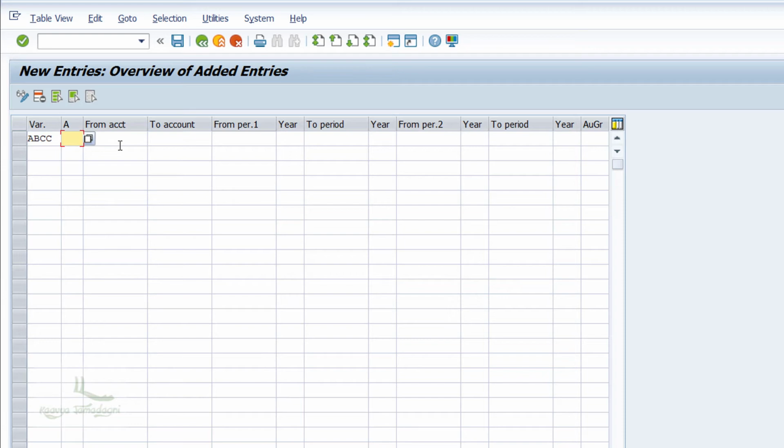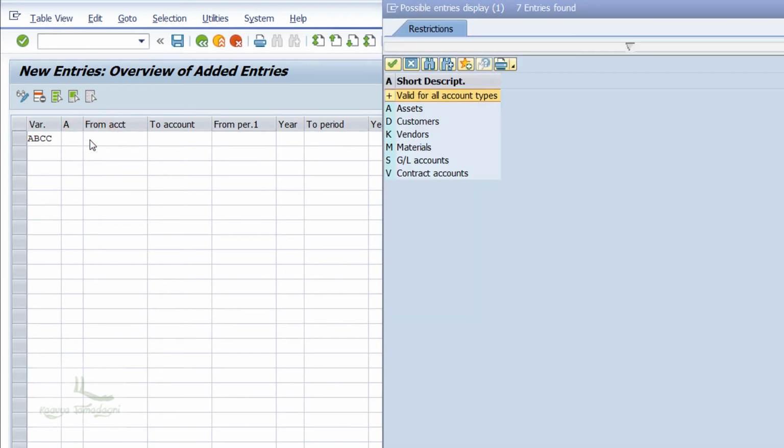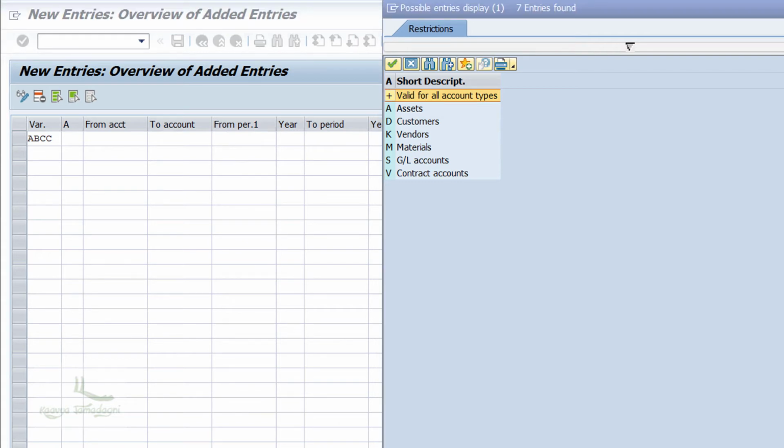Don't worry. For making the appropriate entry in the account type, I'll click on the drop down icon in the field. Can you see the drop down icon in the field? Yes. I'll click on this drop down icon. From here, I'll get the list of possible entries for the field values.